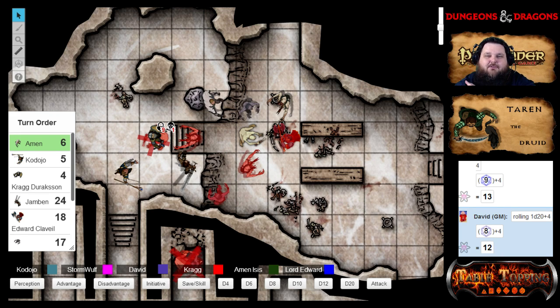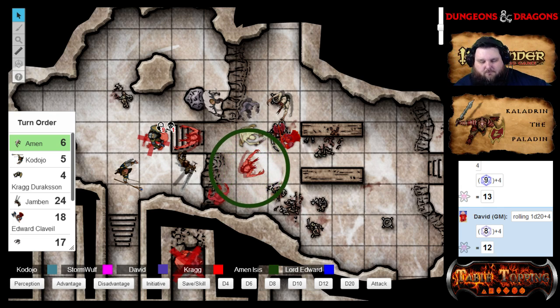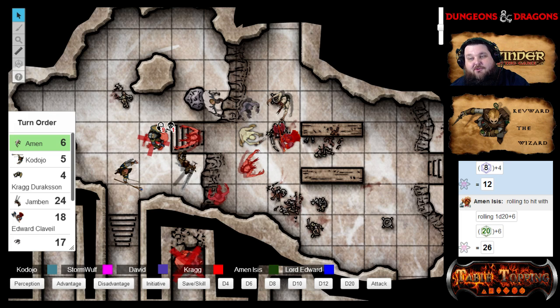Okay, now you have a full view of the entire cavern. Okay, then I'm going to go after that one. All right, go for it. He's definitely one of the ones that looks wounded. And it looks like poor Sir Edward down there is surrounded. That is a crit, so go ahead and do a...